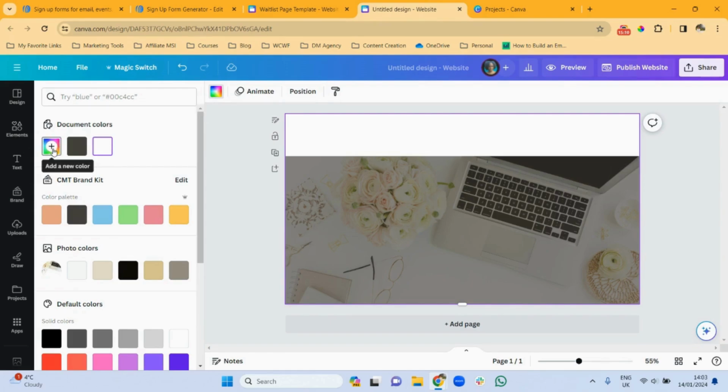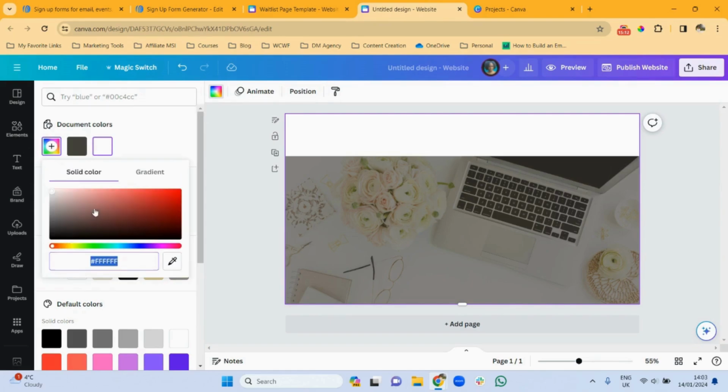And if I click on the plus icon, I can add a new color here by using this arrow to find the color that I want. Or if you already know the color code, you can enter the color code here, which I already have. Now, if you don't know what color palette you are going to use or do not have a color code,